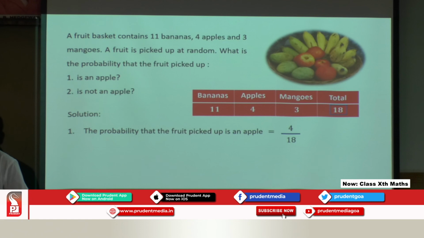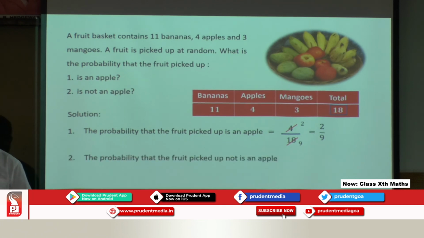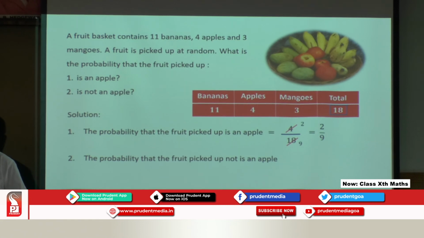And we can reduce this fraction by 2. 2 nines are 18. 2 twos are 4. You get 2 divided by 9. Probability that the fruit picked up is not an apple